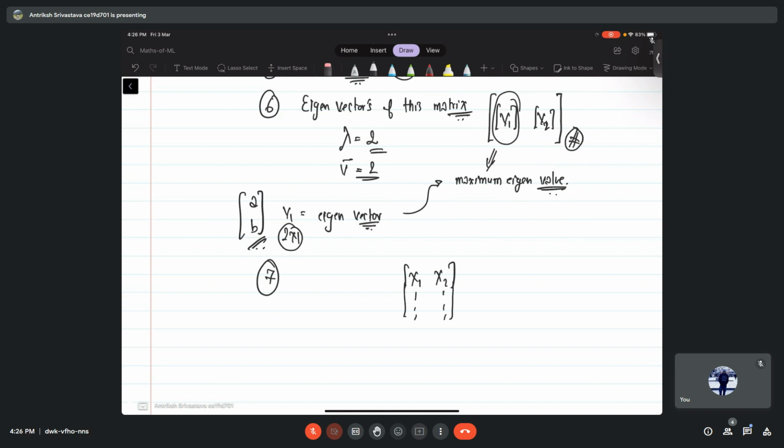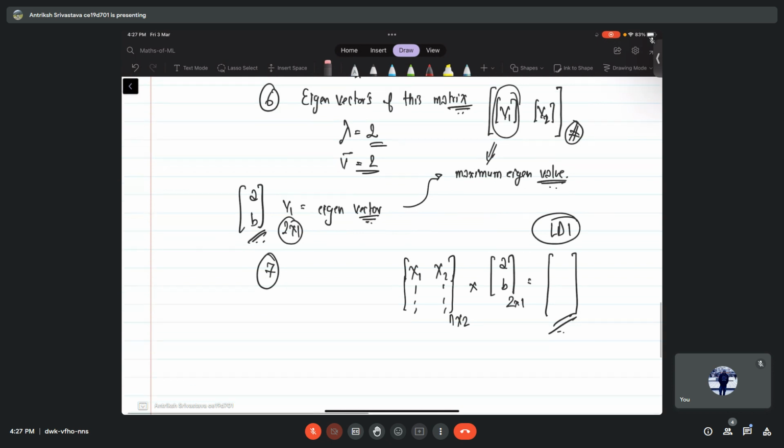Let's say we had n features, so it is n cross 2, and we multiply this with the eigenvector that we have chosen, and we get our transformed data, that is the LD1 value in this particular column. What will it be? It will be A x1 plus B x2,